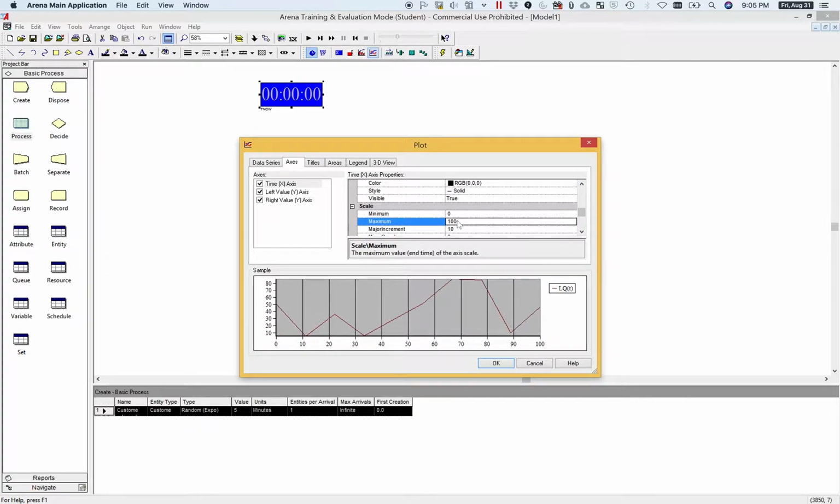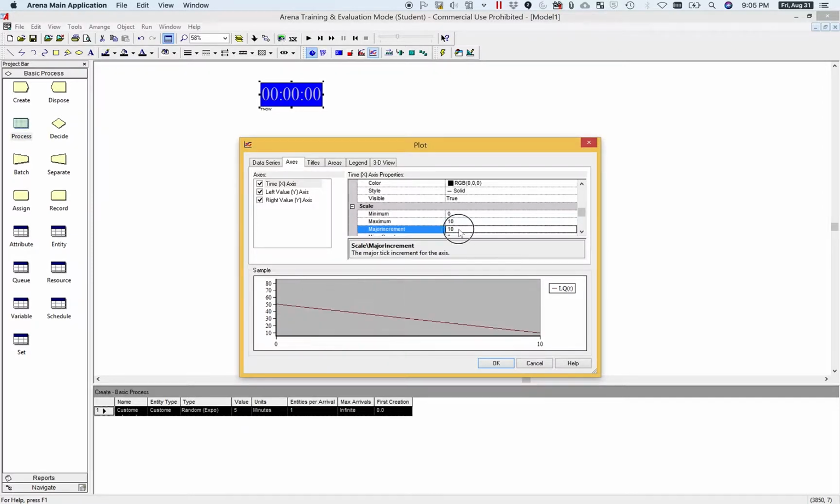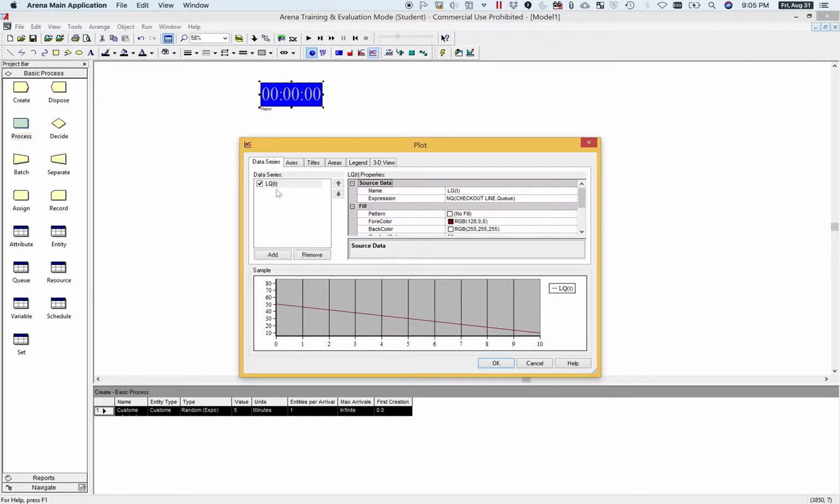I know that I'm probably never going to have 100 people in the queue, so maybe I'll make it 10. I'll make my major increment 1, and hopefully that's enough for this to be kind of usable. And then I go back and maybe I'll add another data series that will be my